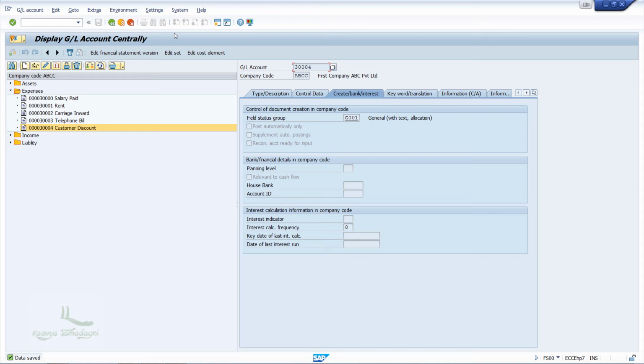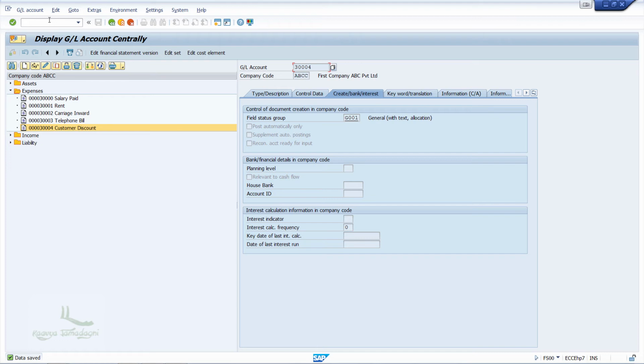So now for the next configuration, we need to assign this customer discount for automatic posting. That means whenever we are posting the incoming payment, the system should automatically determine the GL account and post the respective entry.